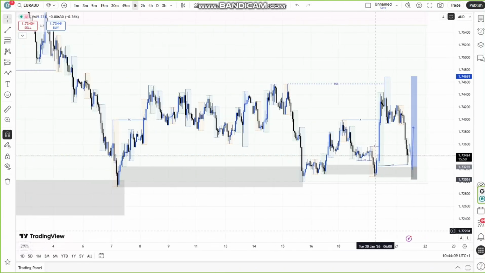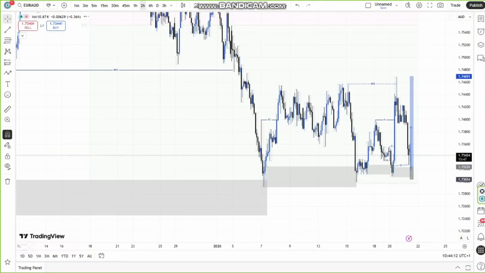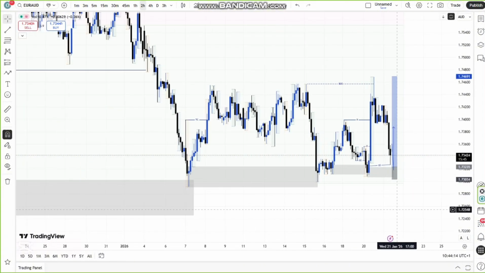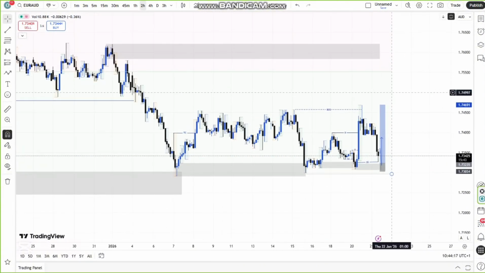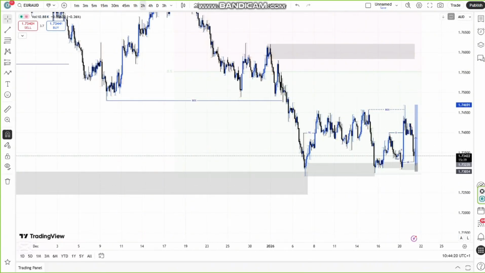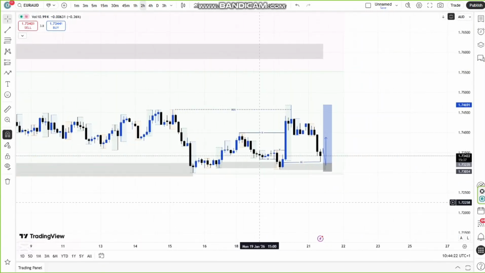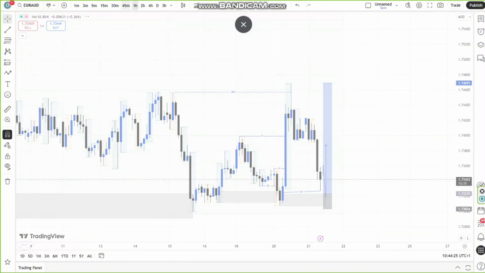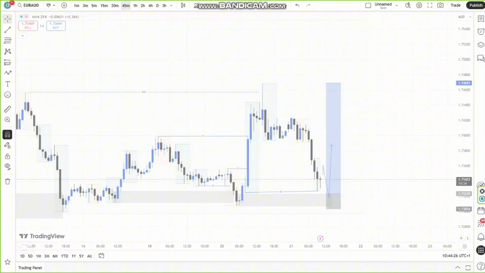So what are we looking at doing right now? We are looking to take market higher to premium levels before we can continue the sell to the downside, taking out this daily swing low, continuing the bearish order flow. And this is the setup I'm looking at on